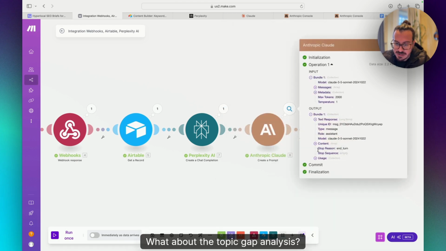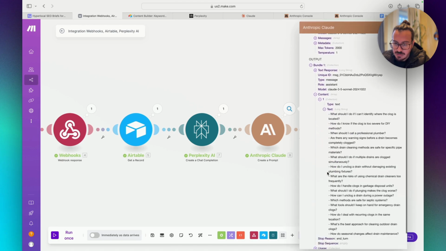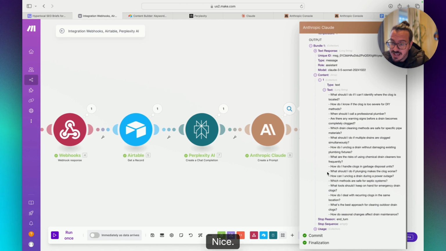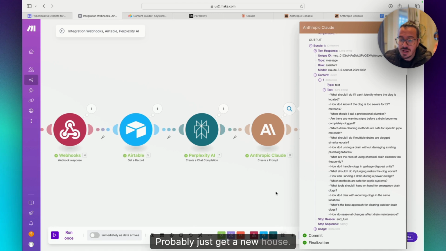What about the topic gap analysis? Beautiful. What should I do if I can't identify where the clog is located? Nice. When should I call a professional plumber? What should I do if multiple drains are clogged simultaneously? Probably just get a new house. But anyway,